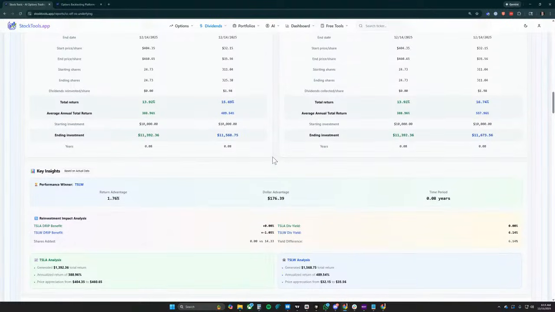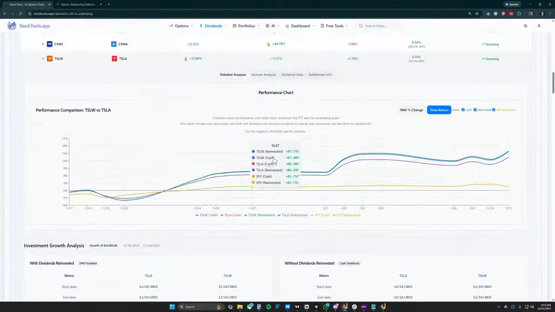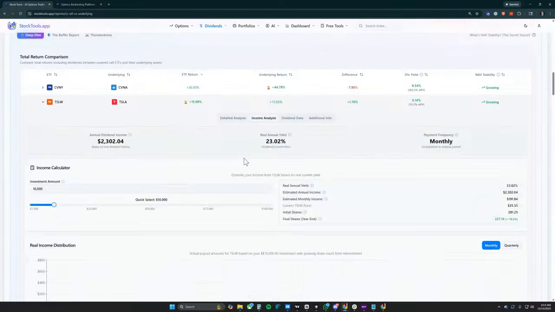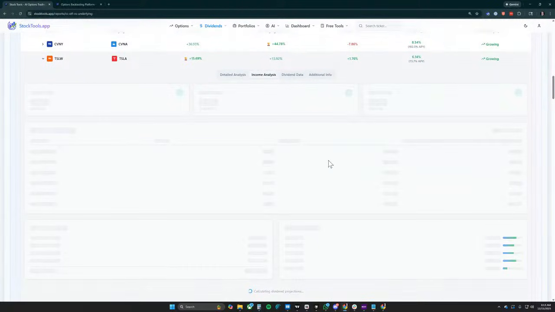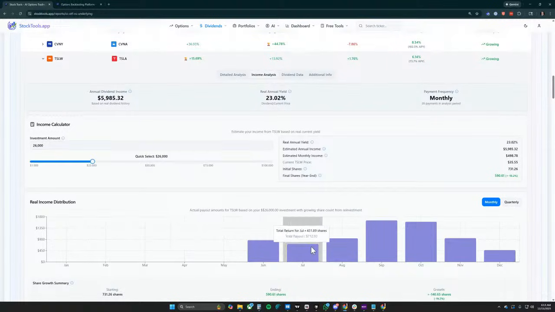Okay. So yeah, and then you can jump in and do a little bit more income analysis here as well, like seeing if you did invest X amount, how much would you be earning over time? It's looking at previous history. If you did have that invested, where would you be sitting right now? You'd have plus 19% shares if you're reinvesting the whole time.